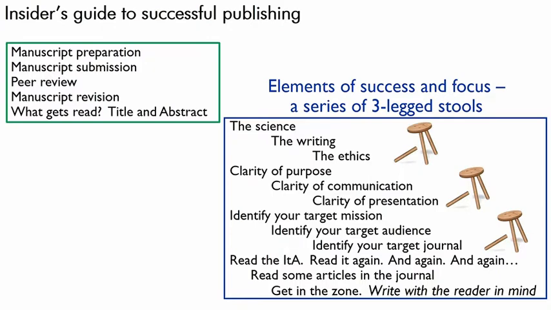So when I think about elements, I think about a series of three-legged stools. And like most three-legged stools, you need all three legs for them to stand. As I said, the components of an article are the science, the writing, and the ethics. Then there's clarity, and there's the clarity of the purpose. You clearly communicate why the science was done, why the article was written. There's the clarity of the communication itself: the sentences, the structure, the flow, and the presentation, figures, tables, graphs, messaging,